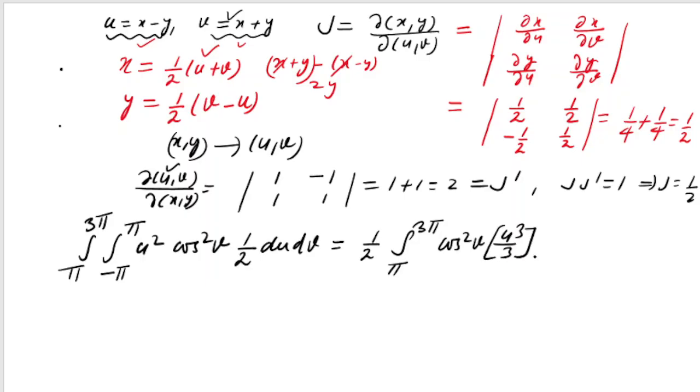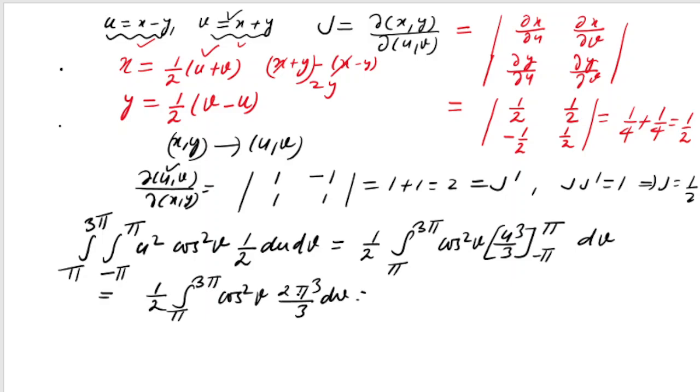Limit is minus pi to pi, and then dv. So that will give me what? That will give me 1 by 2. Limit is pi to 3 pi, cos square v, and if I put pi here and minus pi here, I will get 2 pi cube by 3 dv. So this 2 pi cube I can write outside, so 1 by 2 into 2 pi cube by